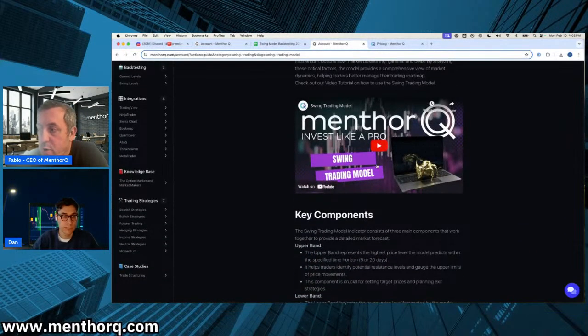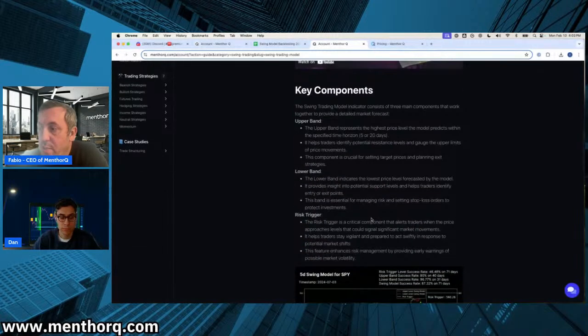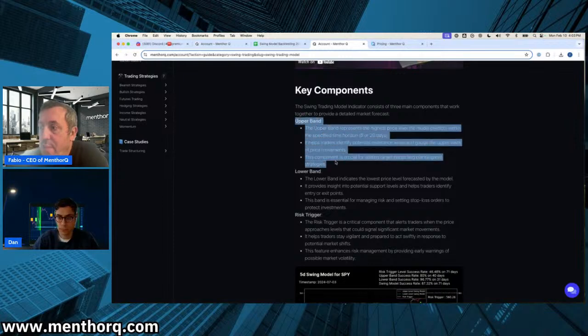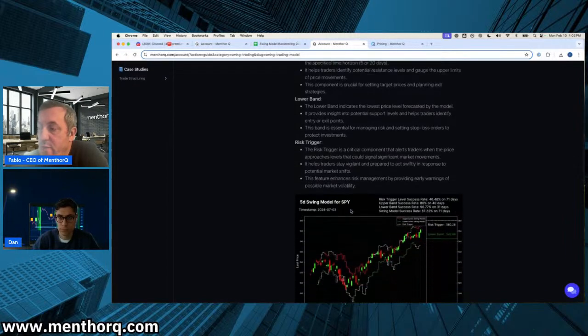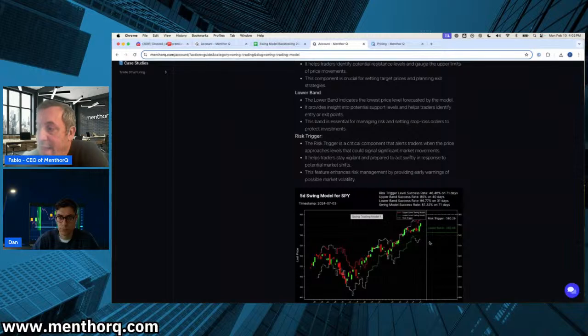First of all, you have our tutorial videos, and the swing model has essentially 3 components. One is our upper band, which is the highest level that the model forecasts the price to be under over the next 5 or 20 days. So it's like the upper barrier over the next 5 to 20 days. Then we have our lower band, which is the lower barrier over the next 5 to 20 days. The model predicts that the price of the asset should potentially stay above the lower band over the next 5 or 20 days. And then you have the risk trigger, which is the white line that you see here,